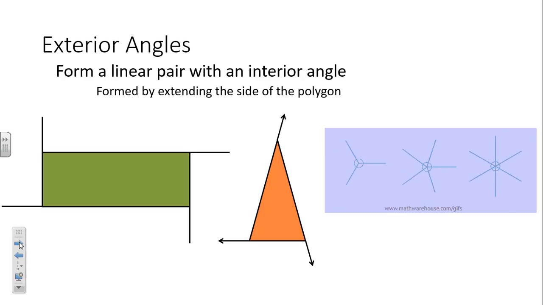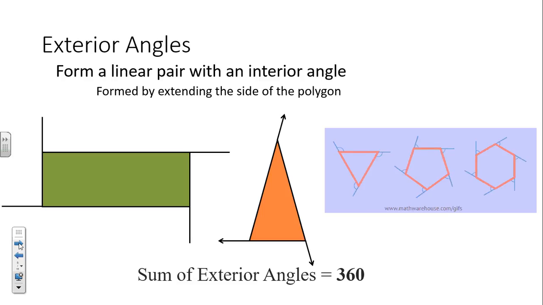And what do we know about the exterior angles of a triangle or a decagon or a dodecagon? The sum of them is how many degrees? 360, because they collapse and form a circle, and a circle has 360 degrees. We make the sides really small. Okay, make sense? So they add up to 360. Doesn't matter whether it's a regular polygon or whether it's an irregular polygon. Doesn't matter how many sides you have. The exterior